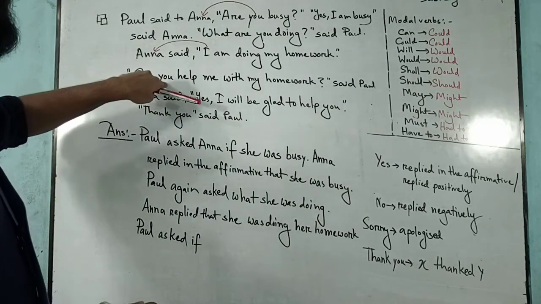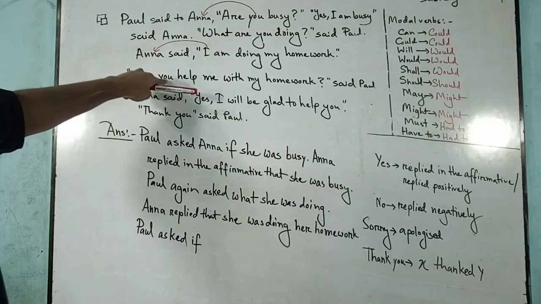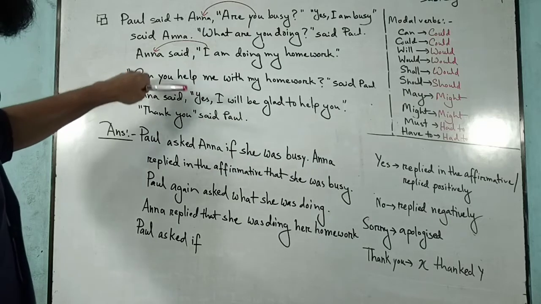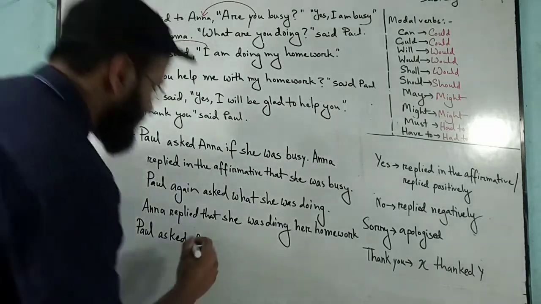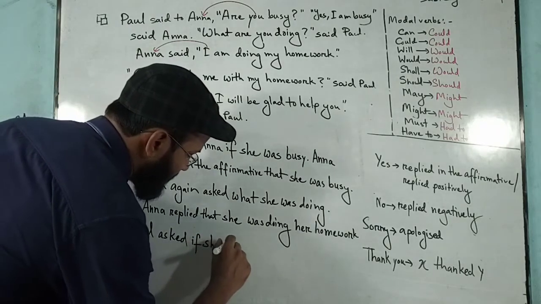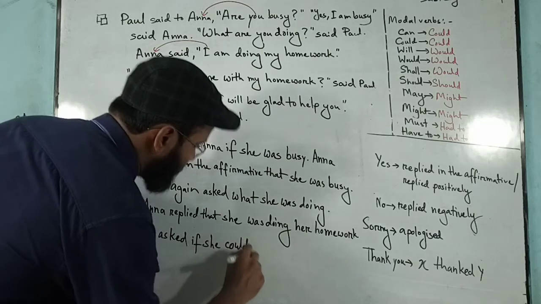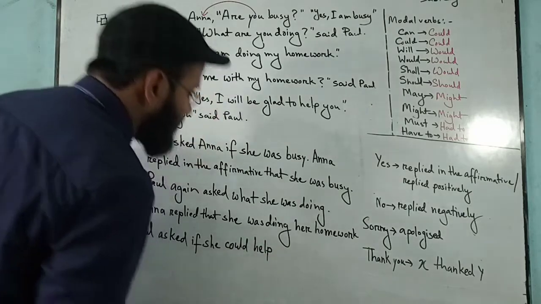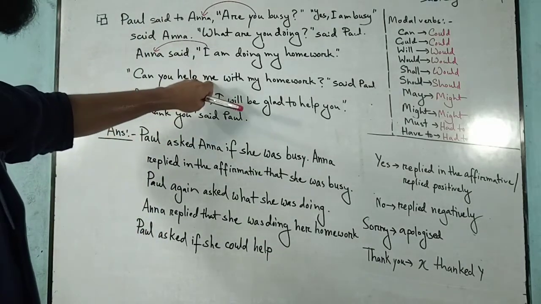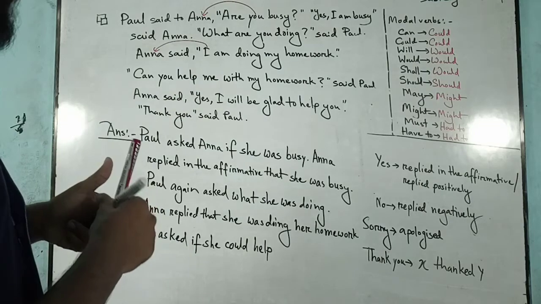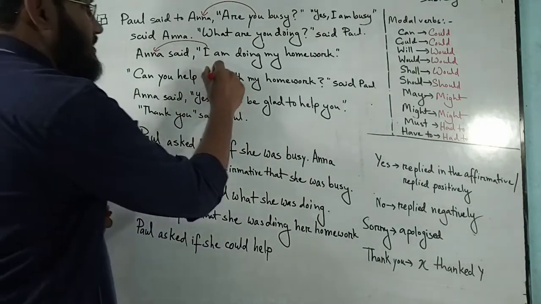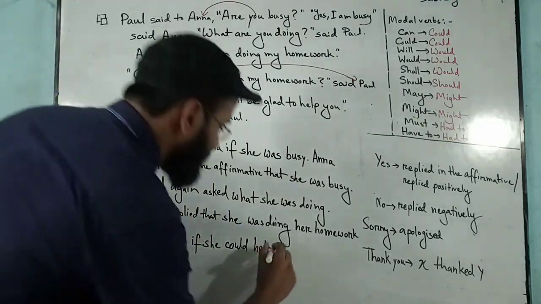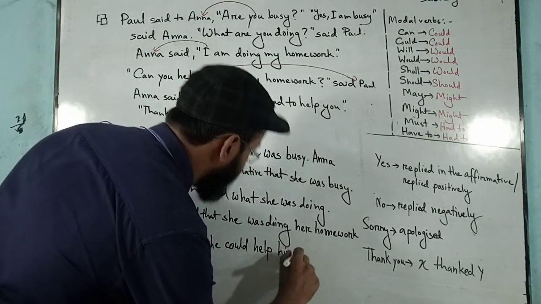For the verb can, as you remember, we will turn it into could, and the pronoun will sit before. The auxiliary verb will go behind the subject. If she can will become could, and help me, so me is the person Paul, so we're gonna say him. That's the objective form of the pronoun. So it will be, if she could help him